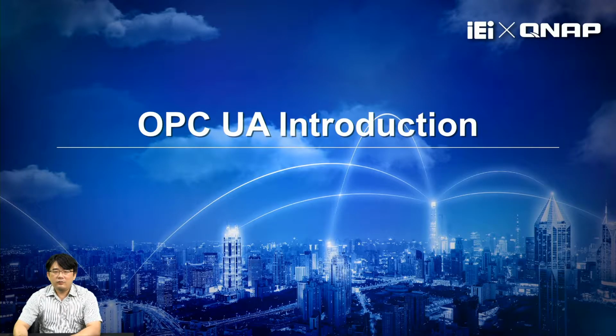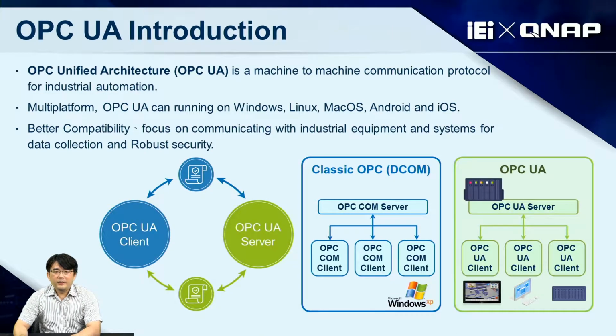The first, the introduction of the OPC UA. OPC UA is a communication standard of the industrial automation industry. It is a cross-platform architecture that can be executed on Windows, macOS, Linux, and Unix. OPC UA is a unified access communication standard with security features for the future.